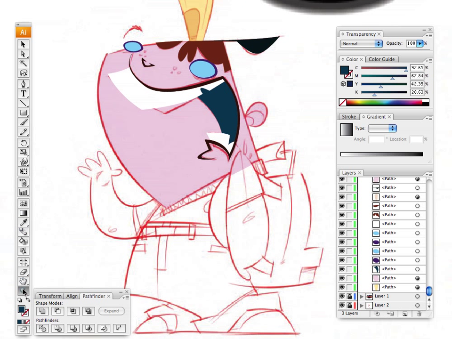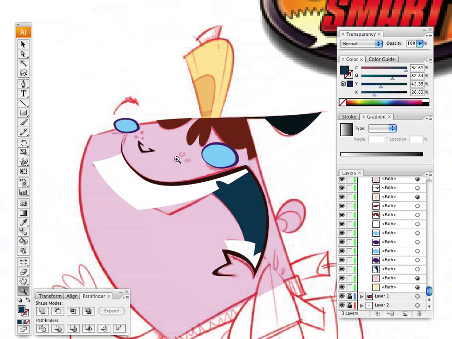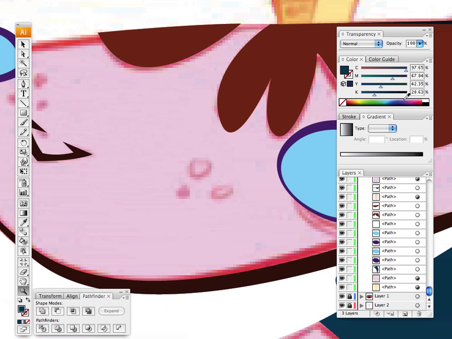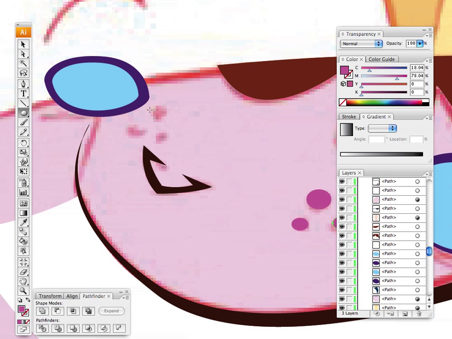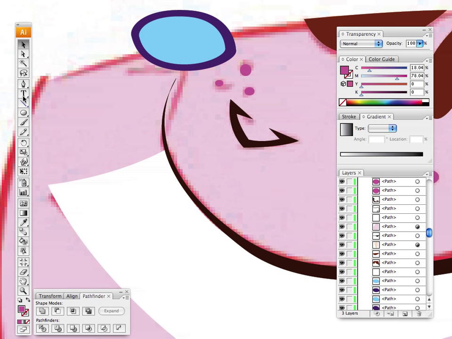Okay, and let's add these freckles. Just do the circle tool. A little smaller over here. And for right